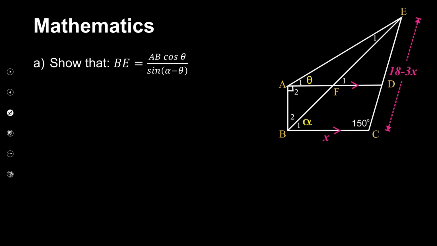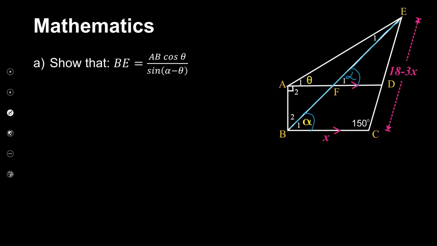So we need to decide which triangle we're going to use to solve BE. First we're going to look at what they've given us. They've given us parallel lines, and because of that, this angle and this angle must be equal, which means this angle has to be alpha because it's corresponding. And because we are trying to find something with BE,